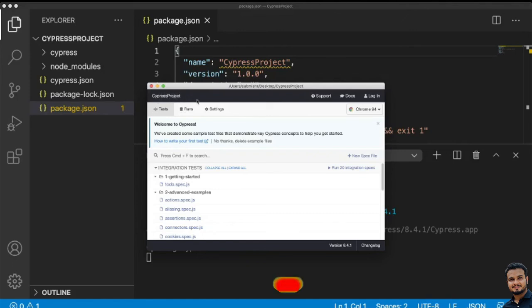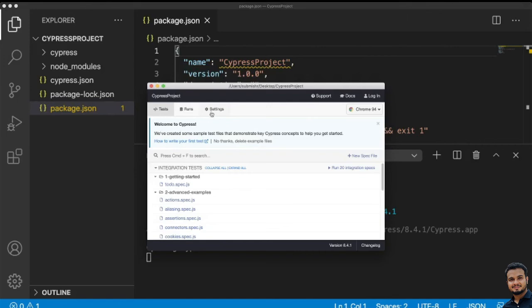The Cypress GUI is also open and you can see the help document to get started. Here it is written, we have created some sample test files that will demonstrate key Cypress concepts to help you get started. And here you can click the link on how to write your first test cases. Here you can see tests, runs and settings.